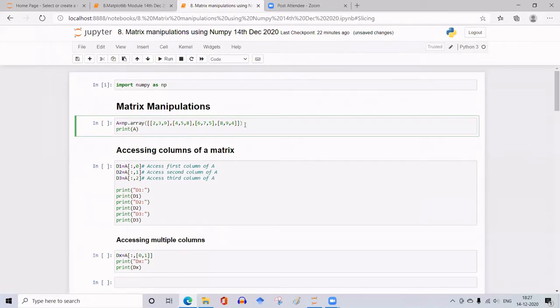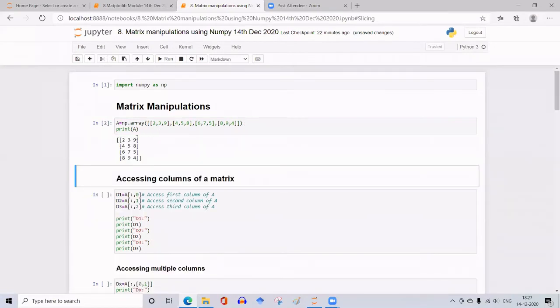When I run this and ask it to print, I get a matrix, which is the organization of the lists or NP arrays in the form of a matrix. The whole thing enclosed within these square brackets represents a matrix of dimension 4x3.